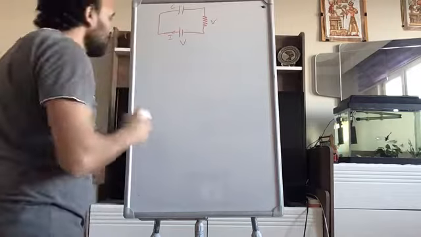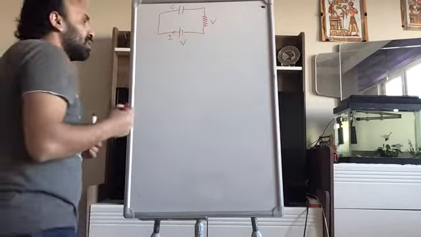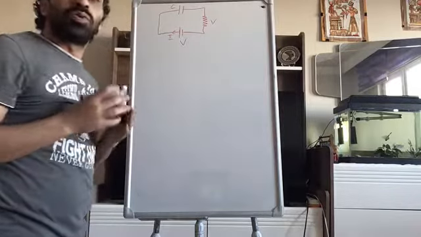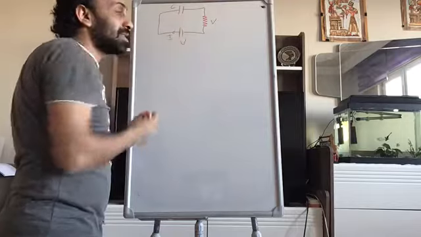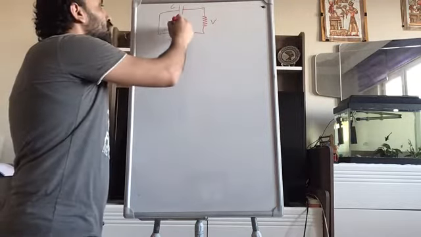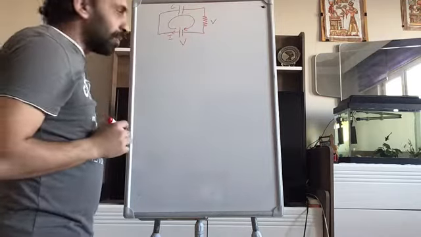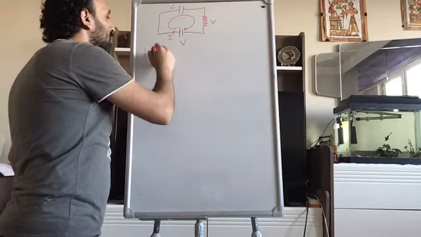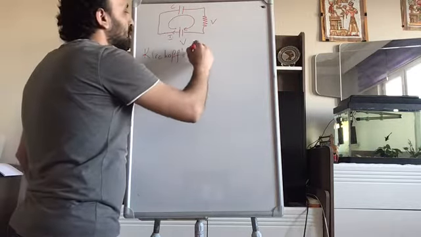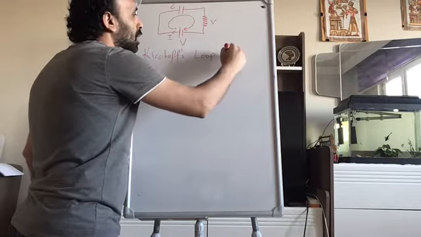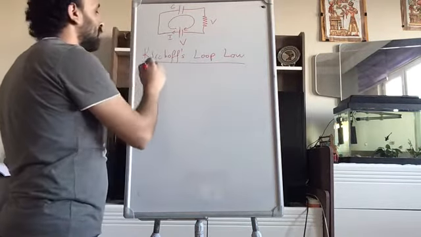Now, actually, with this circuit, I'm going to introduce you to Kirchhoff's laws. Kirchhoff had two laws. One is the loop law. This is a loop, right? This circuit is simply a loop, and the current is moved within a loop. Kirchhoff's first law, which is called Kirchhoff's loop law, says that